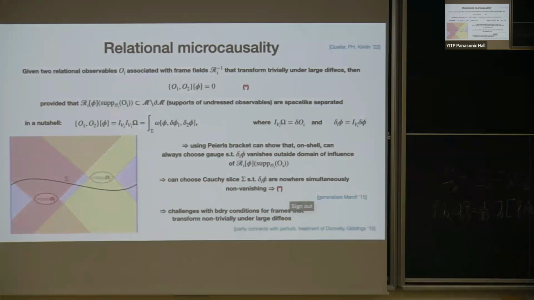So these geodesic anchored frames, when the geodesics are anchored on the asymptotic boundary, seem not to work, and that's related to this here. There seem to be challenges with imposing boundary conditions that are consistent with bulk microcausality when you have frames that are non-trivially charged under large diffeomorphisms. When you want to solve these things, because you're evaluating on solutions and looking at situations with boundaries, you usually have to impose boundary conditions to have a consistent variational principle, and there are challenges when these frames are gravitationally charged.